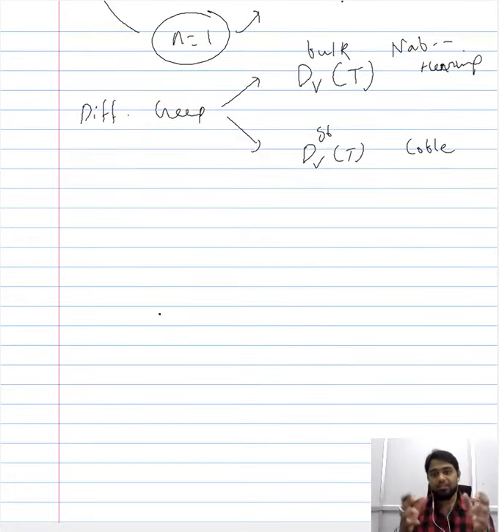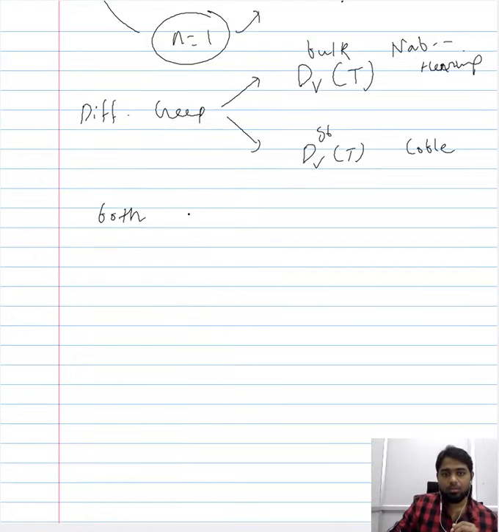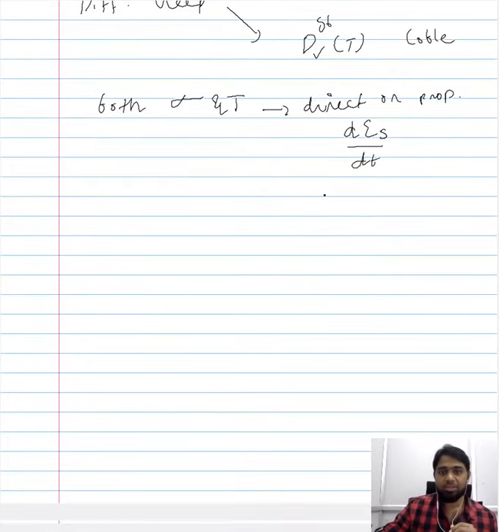Okay. So these are the expressions or the characteristic equations that we saw in the previous lecture, and based on them we were able to observe that both stress and temperature have a direct or proportional relation to that of the steady state creep rate. Meaning, if the stress increases or the temperature increases, the creep rate also correspondingly increases.